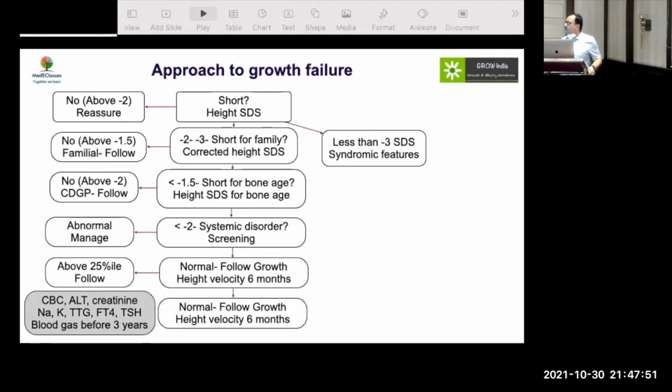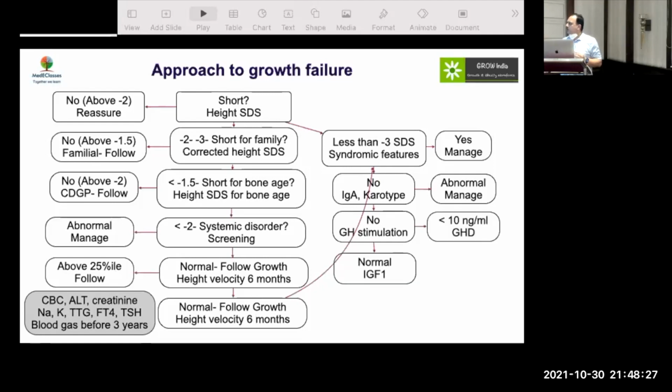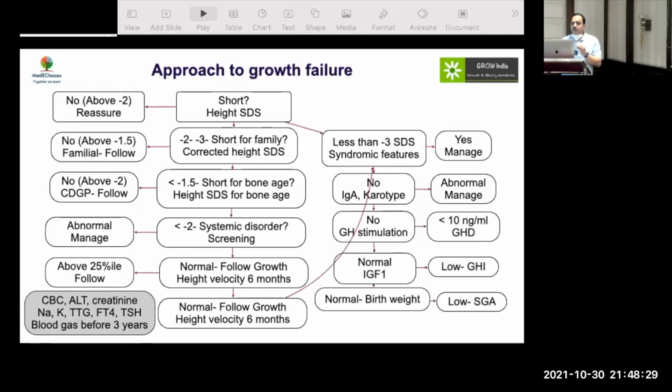If the growth is low, or there are other features or the height is very slow, you start workup right away. And if there are no problems, then you go for IgA and karyotype in girls. Now, girls, Turner syndrome is an important consideration. Any short girl, no problems you have found, look for Turner syndrome. That becomes important. And if all this is normal, then only do a growth hormone stimulation test. Growth hormone is a pulsatile hormone, as Manoj was saying. So a single value has no role. You have to do a growth hormone stimulation test, but don't do unless everything has been ruled out. So this workup will actually help out in avoiding unnecessary investigation in that setting.